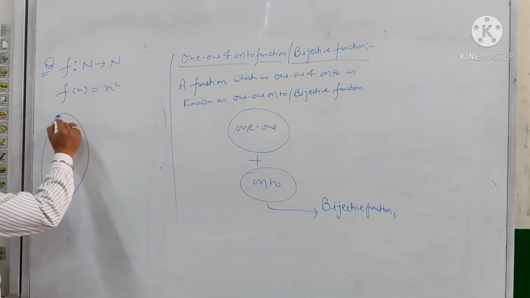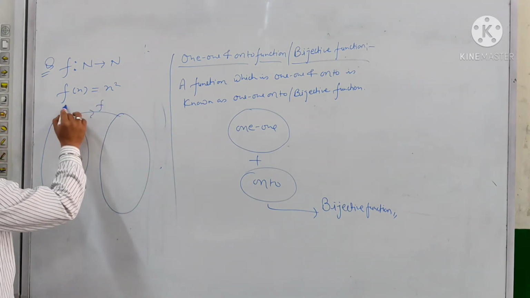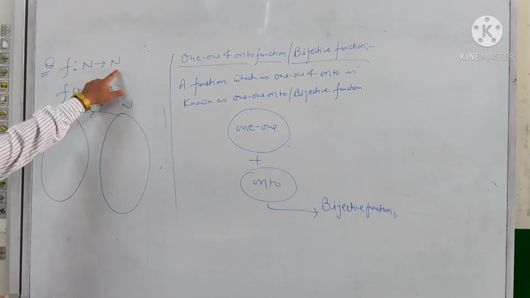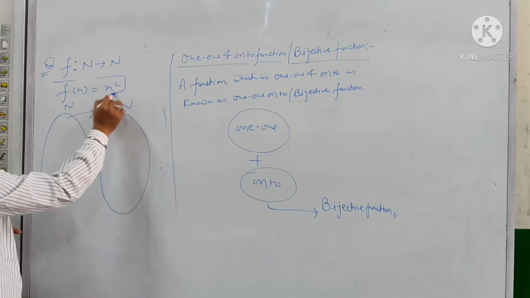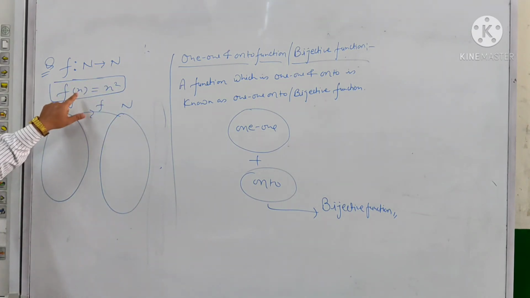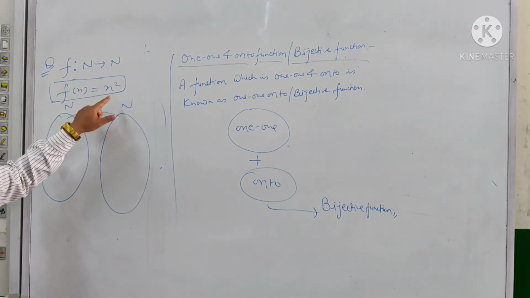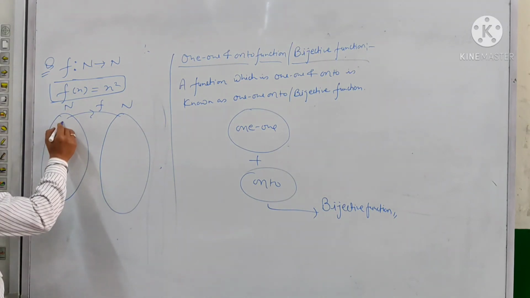So let us make a pictorial diagram for this given situation. The function is defined from natural numbers. Domain and codomain are both defined as natural numbers. Now this is the range of the function. Now we will give inputs to this x and find the corresponding output. Since the natural numbers start from 1, the very first natural number is 1.